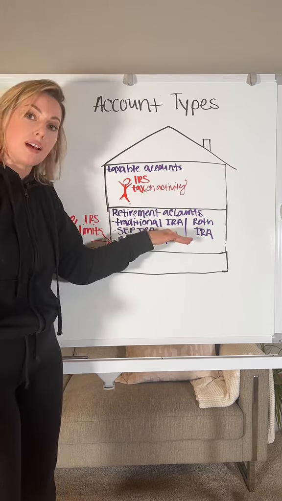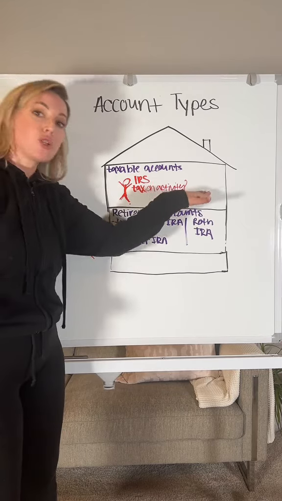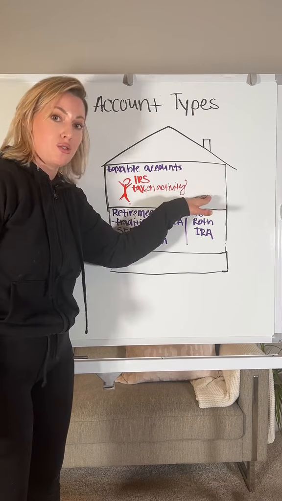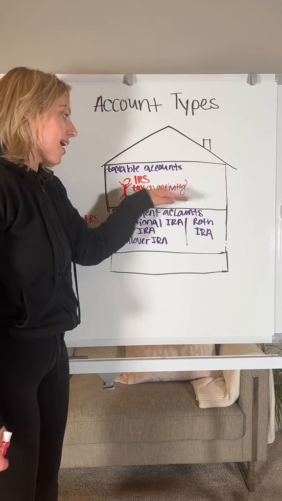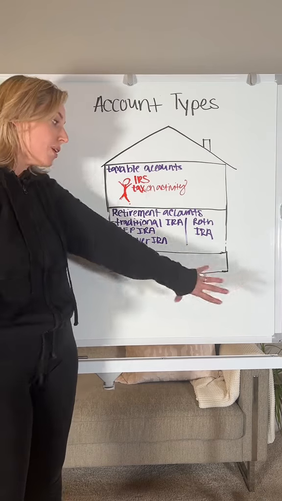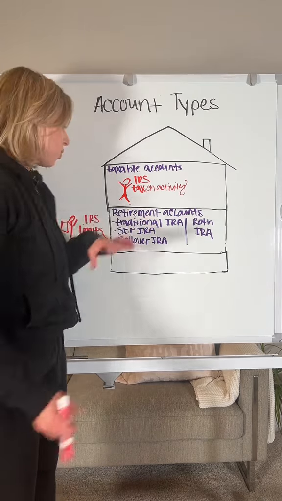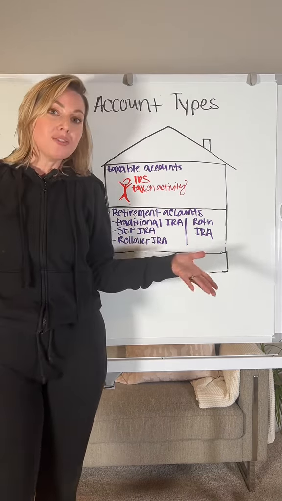Whereas if you're in this level, it doesn't trigger. We just care who goes in and out. You can put as much money as you want in here. You can withdraw as much as you want. There are no limitations because there are no tax benefits. You are taxed on what happens on the inside. You can have as many brokerage firms as you want. You can have as many accounts as you want, as long as you stay within the IRS limitations, which are contribution limits. And you can find all of this on irs.gov.